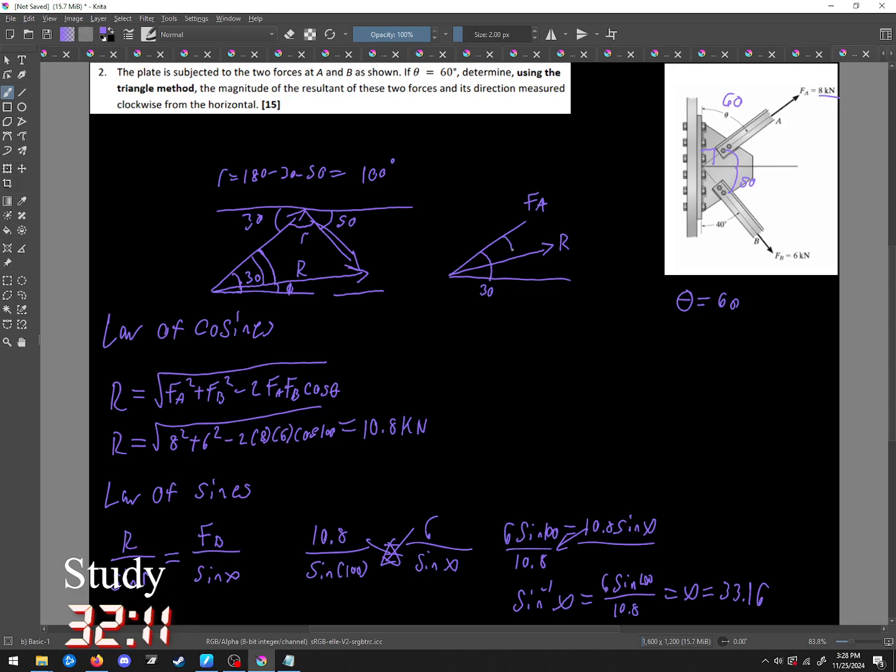Now we know this angle. Oh, something doesn't really add up here. Well, it looks like it's going to be below. Let's draw it this way then. The way this is looking like it's going to turn out is instead